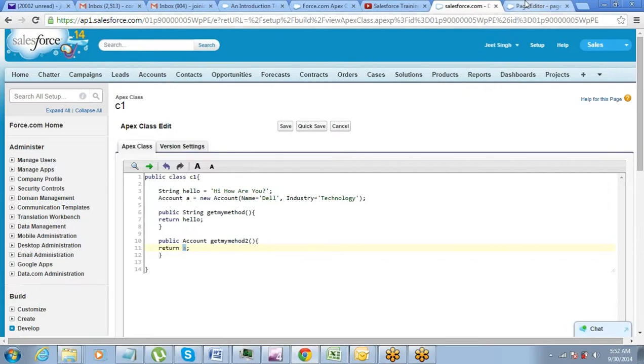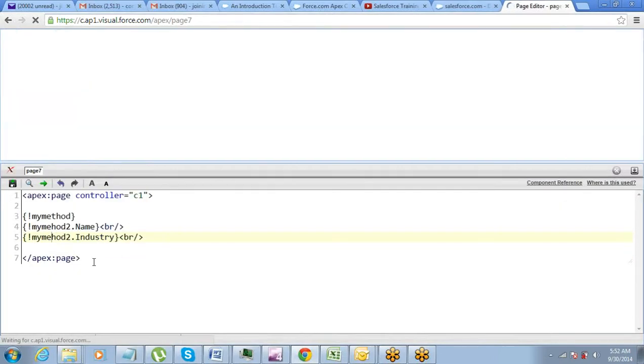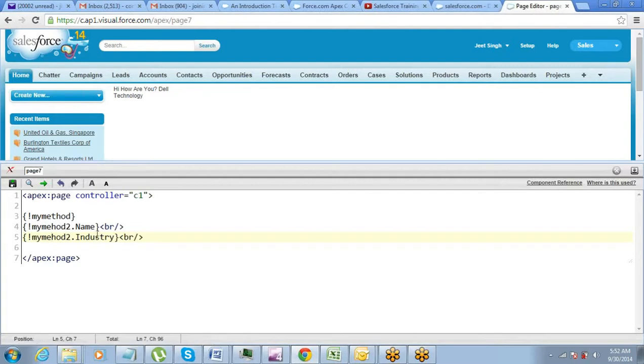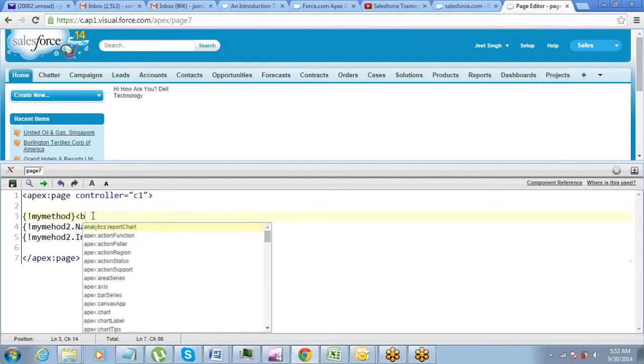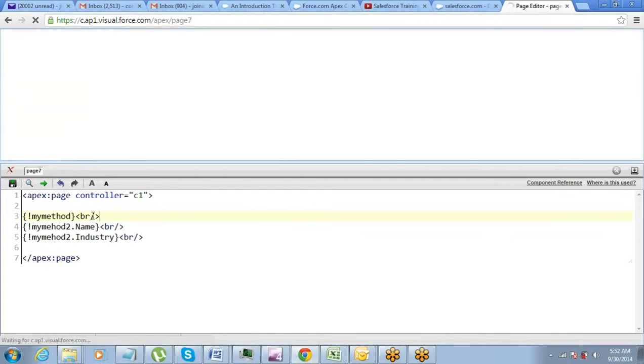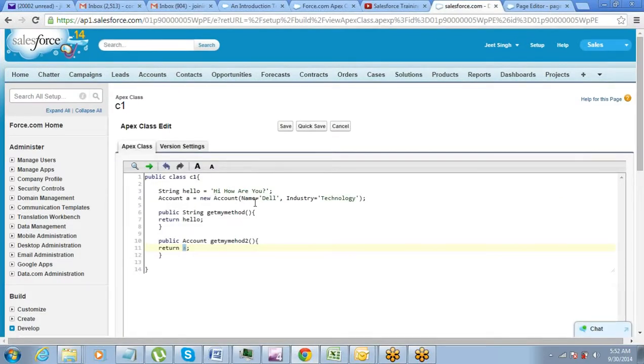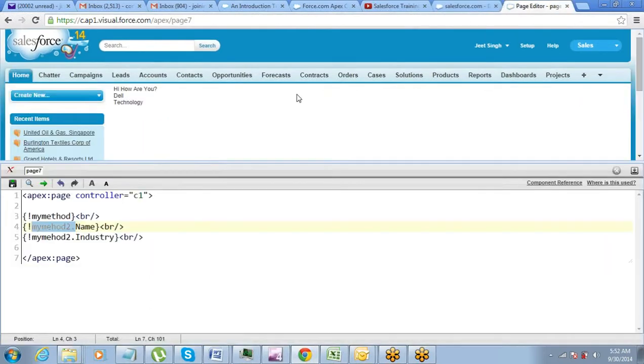Okay. T is missing. So here, because this returns an sObject account, and for account I have defined two fields, name and industry, you can go and specifically return the field name here.